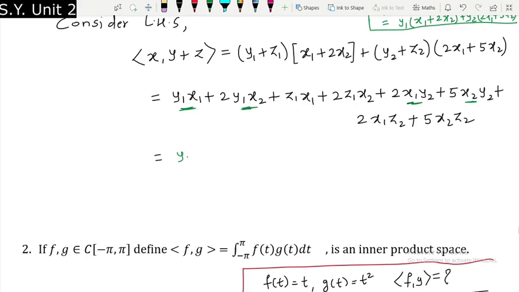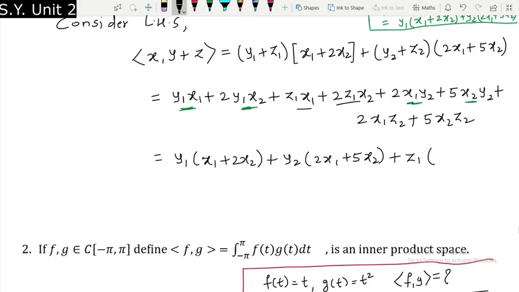So this is equal to y1 x1, but I changed the color. So y1 x1 plus twice y1 x2. I believe y1 can be taken out directly, so I'll pull it out. So inside the bracket x1 plus twice x2, plus from here also y2 can be pulled out directly, and you can see it is twice x1 plus 5 times x2, and it is exactly nothing but the inner product of x with y. Plus now I have to think of the inner product of x with z, so I should pull z1 out now.